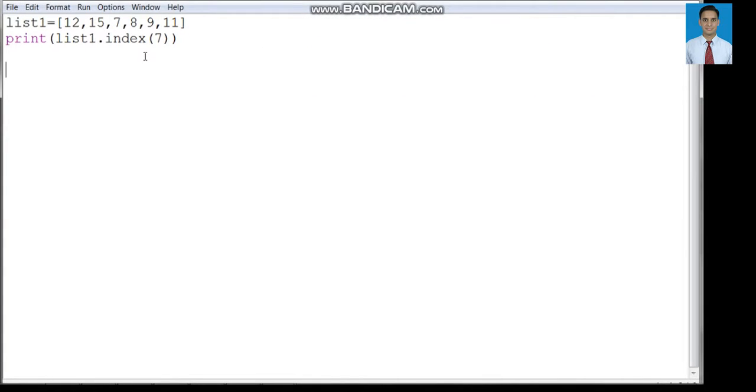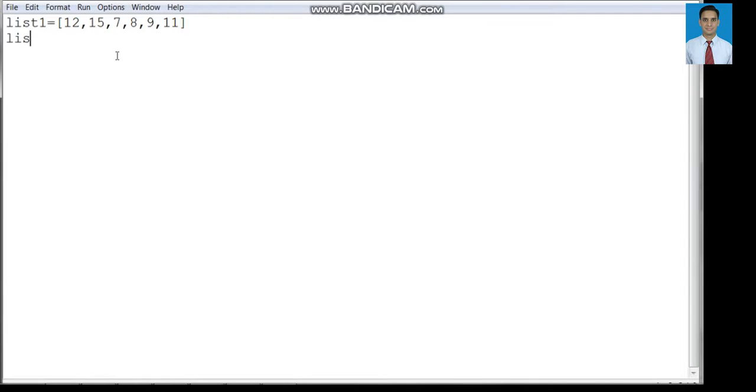The second method we are going to implement is list.append. It adds the passed item at the end of the list. For example, we have already created list 1, and the elements within this list are 12, 15, 7, 8, 9 and 11, and we want to add one more element to it at the end.